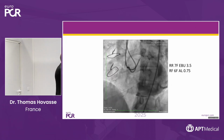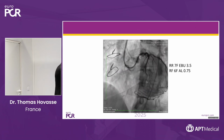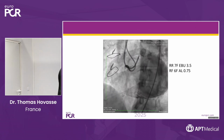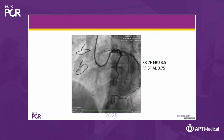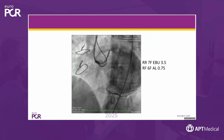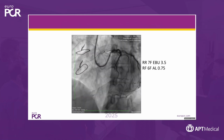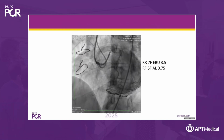There is no ambiguity on the proximal cap, and maybe there is a small channel, so that's good news. And we saw that the distal cap is at the level of the bifurcation. So who would start antegrade and who would go directly retrograde for a case like that? Start antegrade first. Yeah, we did that because